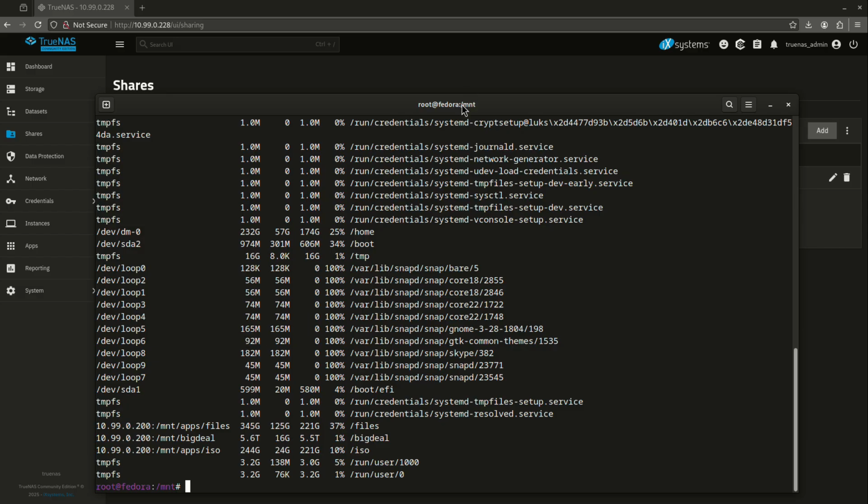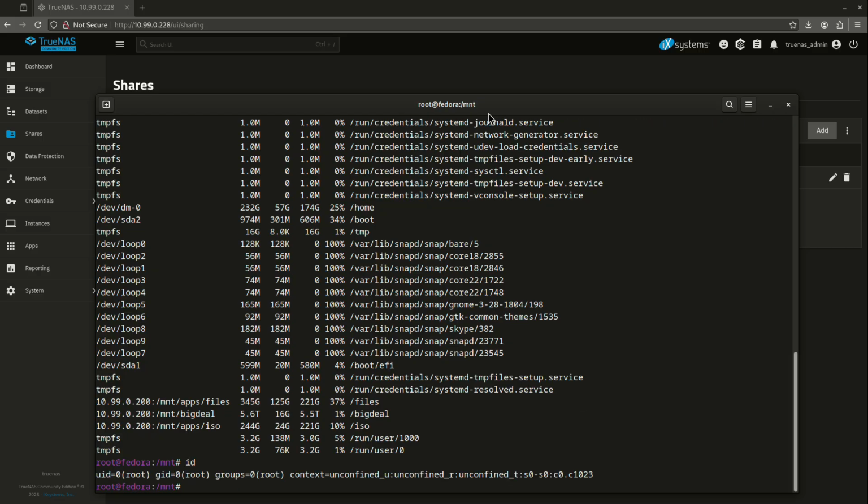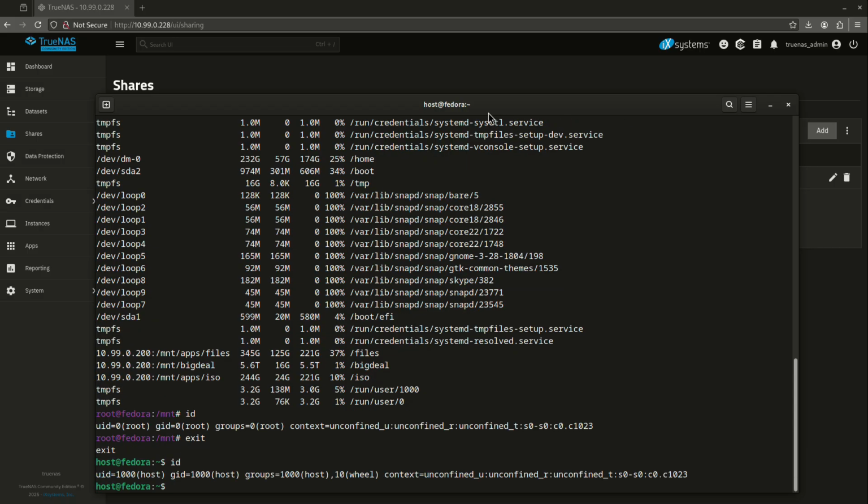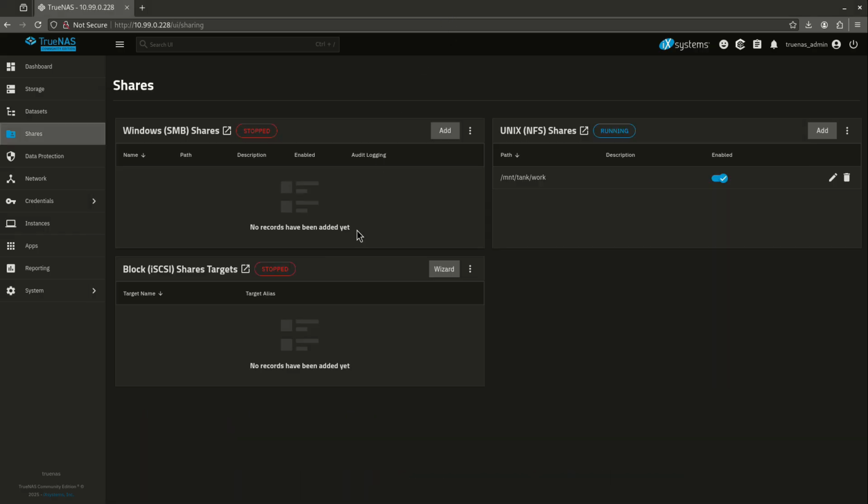Now, what if I didn't want to do that for everybody? What if I wanted to make my permissions different? In my Linux system, I'm just going to type in id. In this case, my user ID is root, and that's okay. If I exit root, for example, and I go back to that, my ID is this. It's 1000. So usually when I'm not signed in as root, and I'm usually not signed in as root, I'm signed in as user 1000, which is host. The name of the user doesn't matter. It's the number. The UID is 1000, and the GID is 1000,